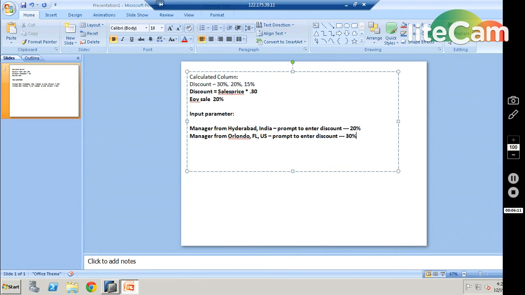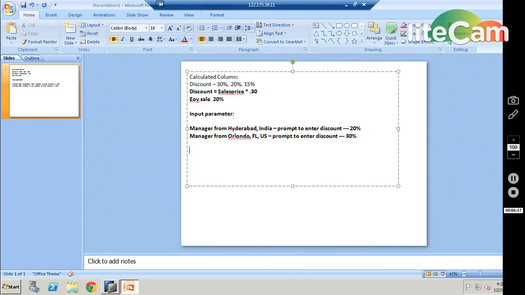So he can enter 30% as a discount, and the discounted price and the rest of the things will be calculated based on that. So this is where we need your input parameters.